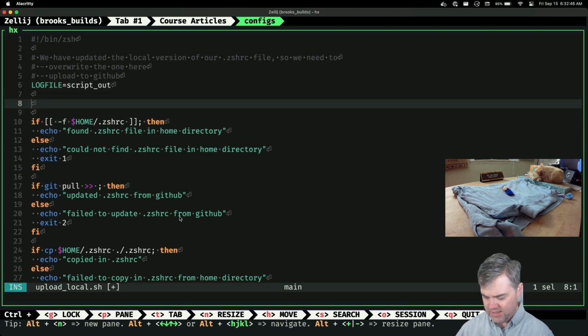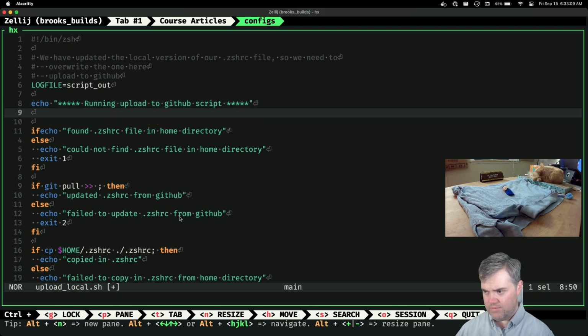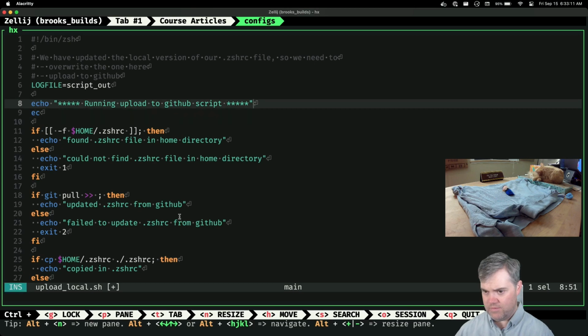So let's say we're going to echo running upload to GitHub script. And I want to append this.